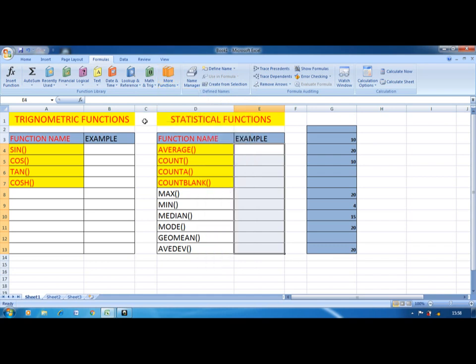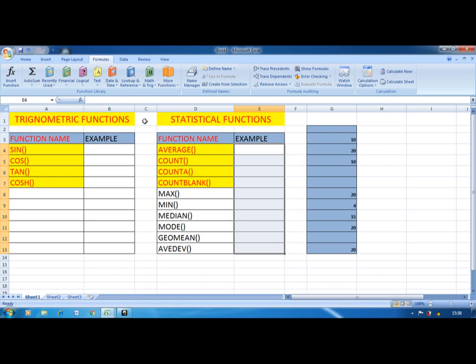Last class we learned some of the mathematical functions. We learned the SUM function, then POWER, SQRT, FACT, EVEN, ODD, ABS, greatest common divisor that is GCD, least common multiple that is LCM, then INT, the MOD function, ROUND function, PI function, and ROMAN function.